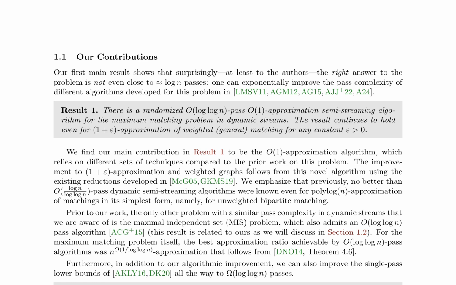The dynamic graph streaming model involves processing a graph with vertices V and edges E, defined by a sequence of insertions and deletions in a stream sigma of length n. The goal is to make one or a few passes over the stream, using limited memory, and compute the answer to a given problem on the graph G at the end of the last pass.